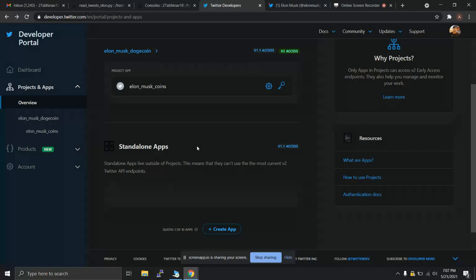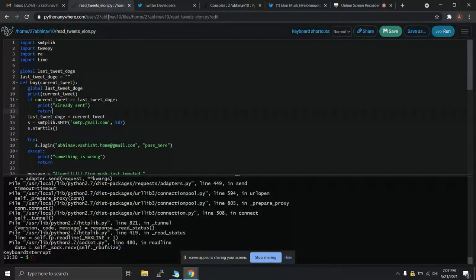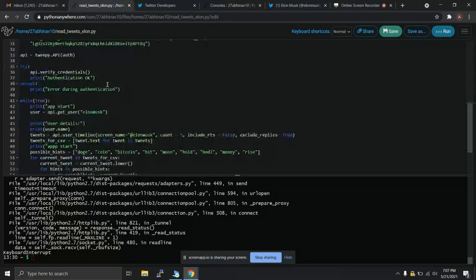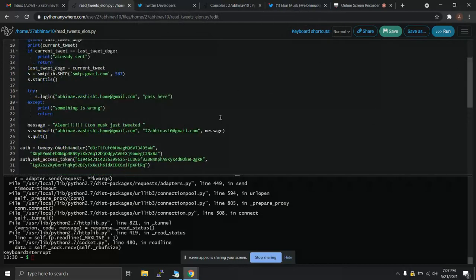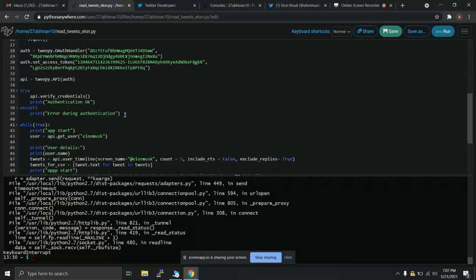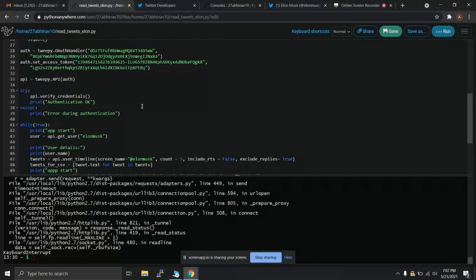My code is written entirely in Python, and I am hosting the Python code on the cloud service PythonAnywhere. It's basically a free service where you could deploy your Python applications, small applications like Flask, and run them in the background. First, I'll show you what is happening. This is my Python code that is posted on pythonanywhere.com. I will give you a short tutorial on why and how I am using this portal.